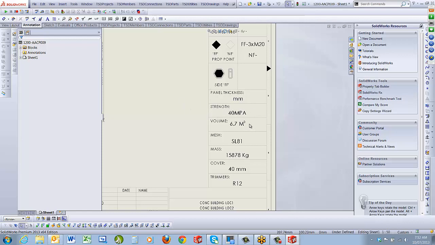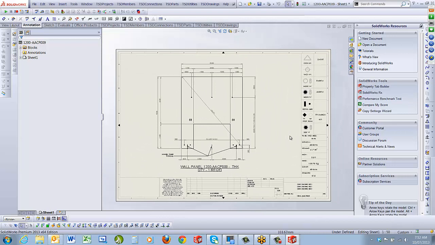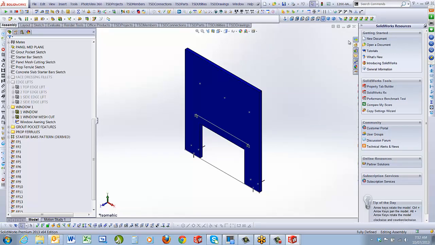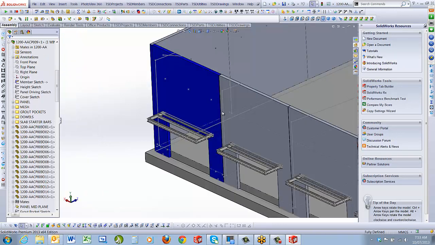The strength, obviously, because we've selected that strength, the volume comes out. The mesh type that we selected, the mass, the cover, and the trimmers that are used in the actual model. Now you can set that up so that it's just a note rather than using the table, and on the note you can put your symbols in. It's up to you on how you want to present your templates for your library. Okay, so I'm just going to save that. Now the panel itself has gone through a pretty big stage of putting in the ferrules, which is really handy, and that pretty much